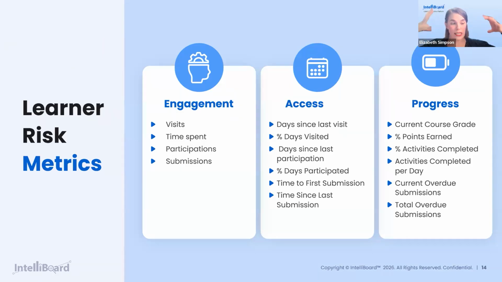So let's say I have 20 students in the same class in Moodle. We are tracking every day their visits, their time spent, the days since they've last handed in something, and comparing them to each other. So a couple slides ago, Dr. Carver saw that one student, a named student, who had a very high risk score, but he still had a very good grade. He had an A.